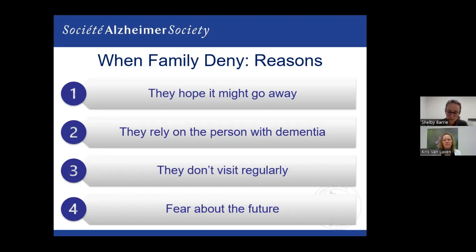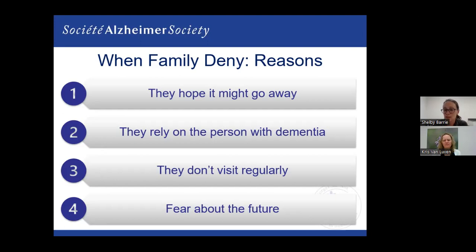Sometimes we see that family members who don't visit the person with dementia regularly may not see the changes that other family members are seeing. So they don't see those subtle changes in the person over time that other family members may be seeing, who perhaps live closer or spend a more extended period of time with the person. So the person who doesn't visit regularly or for too long may deny any changes because the person appears well